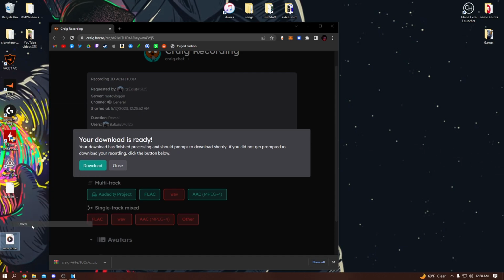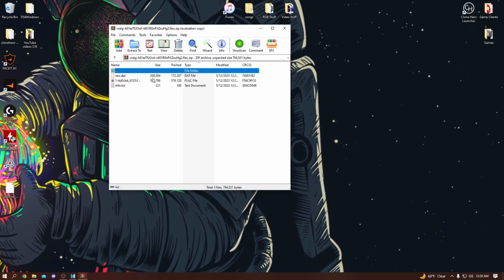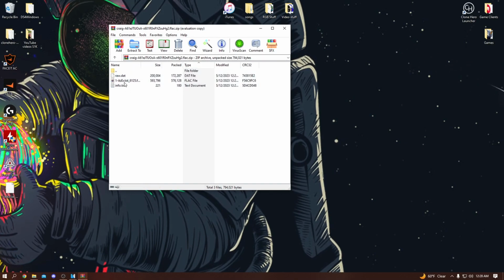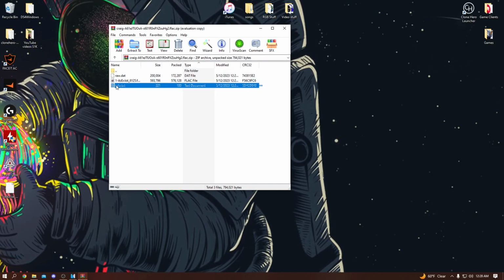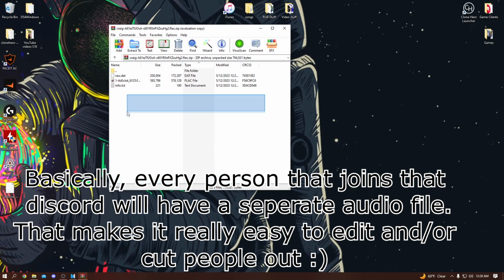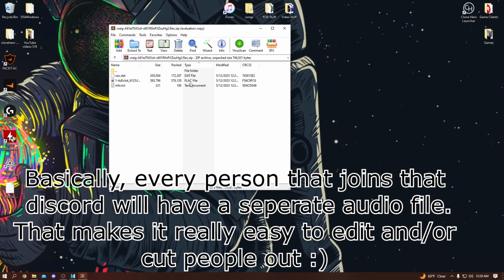So after it is done, you drag it into your desktop. And I have a thing called WinRAR, don't worry about it. And in this file here, you're going to see your audio file. Your friend's audio file is going to be different. It's going to say their username and whatever it is. And however many friends that you have, they'll all be right here in different audio files, which is awesome,